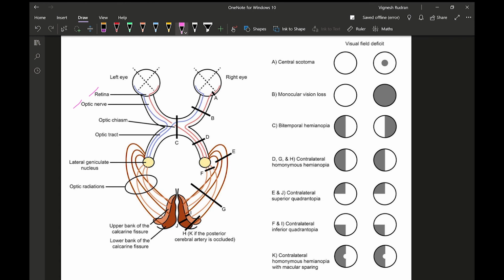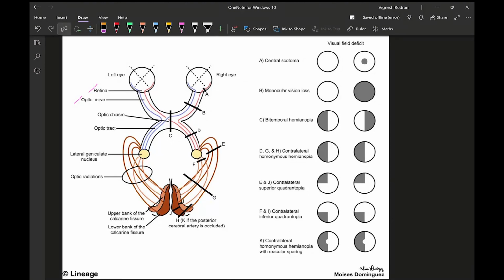There's an extra part which you need to know in this. There's something called Edinger-Westphal nucleus. So Edinger-Westphal nucleus is important because there are interconnections. So when it comes to your light reflex, like your direct and indirect light reflex, when you put light on one pupil, both the pupils constrict. That's only because of this Edinger-Westphal nucleus interconnection. So that's very important when it comes to visual pathway.